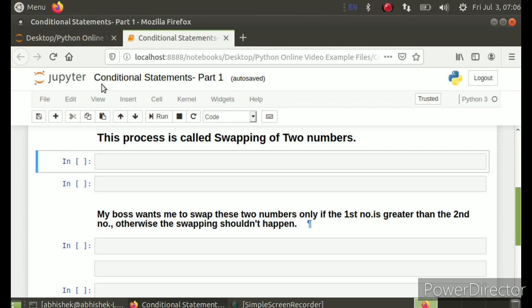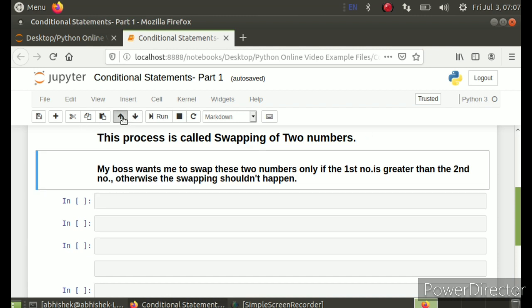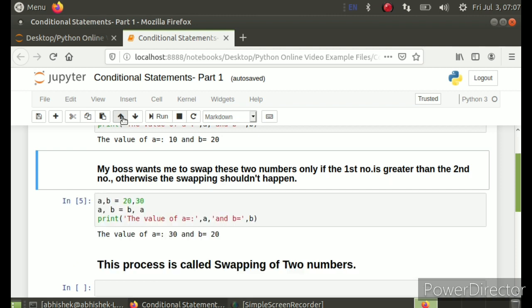If these conditions were not there, swapping was going on every time. Now I have got some condition. I have to change the positions only when the first number is greater than the second number. Using this upper arrow key in Jupyter, you can change the positions of cells.